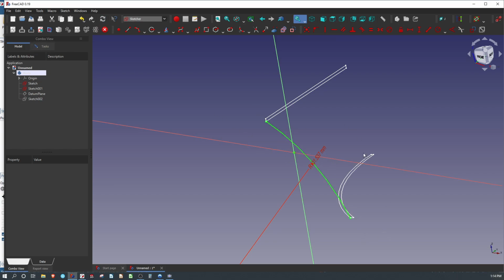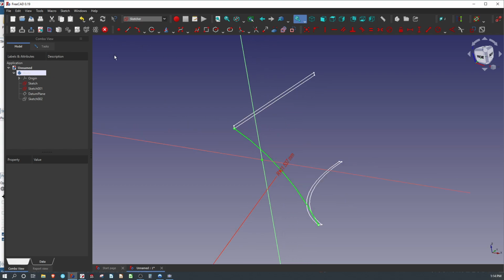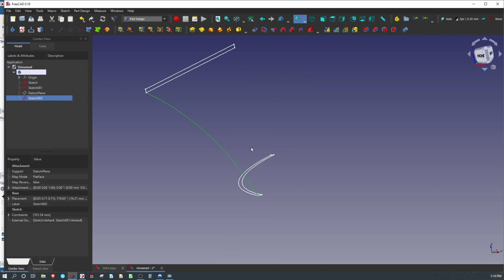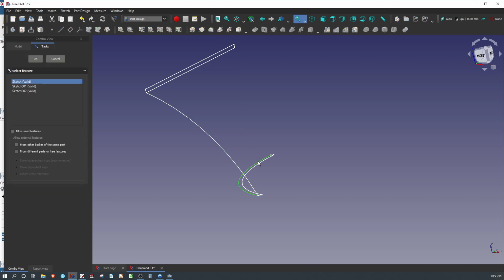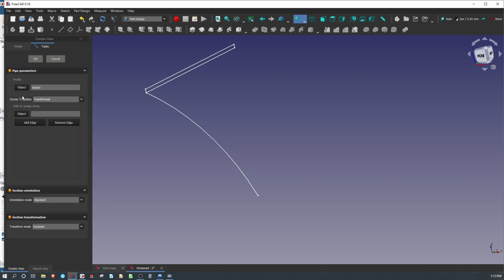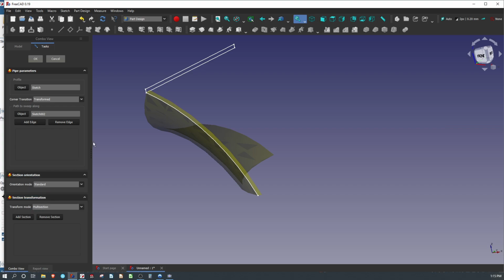Not quite, because we're working with NURB stuff here, but close enough for my liking. Let's go to tasks and close that. And let's try our sweep with the guide on the other side. So we choose our sweep profile, then we choose our sweep path, and then we choose our multi-section, and we'll